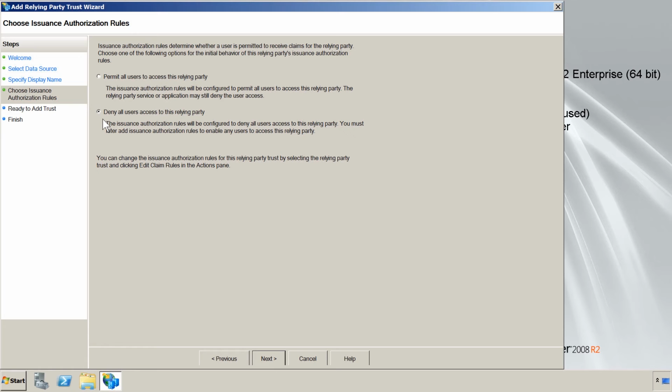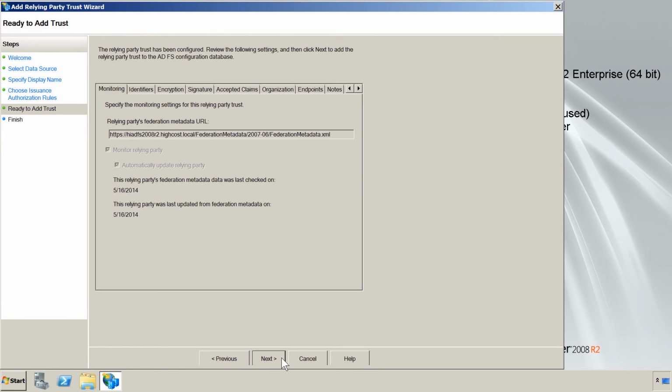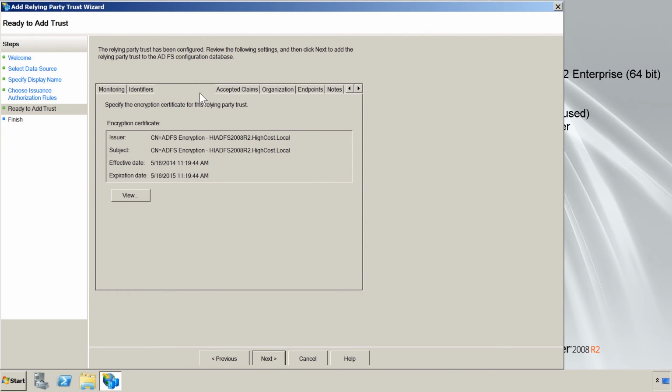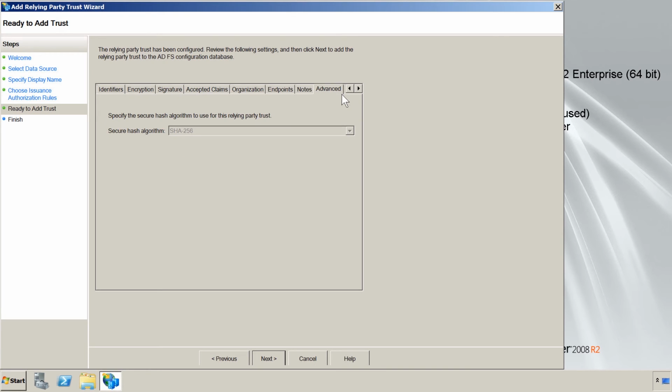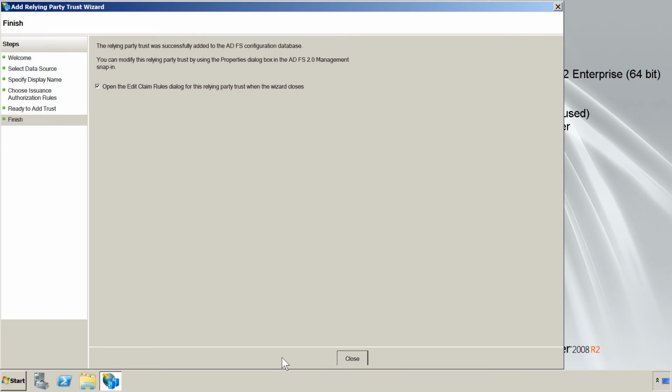This offers greater security, however, also means that the administrator needs to configure this before any user can use the trust. The next screen of the wizard will show all the information that has been obtained to create the trust. As you can see as I move through the tabs, there is a lot of information that is needed to create a trust. Once I press Next, the trust will be created.